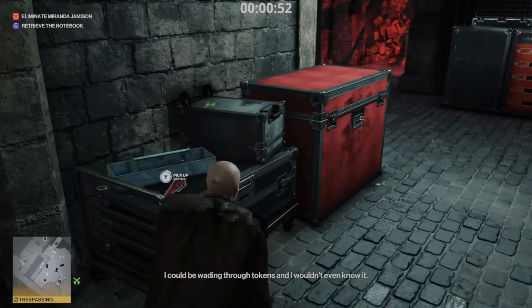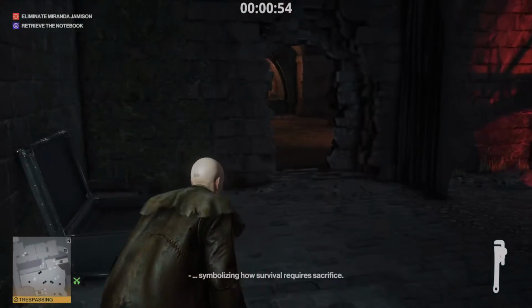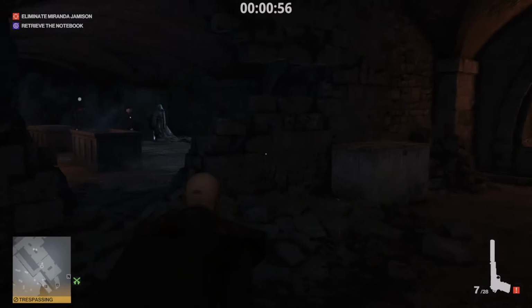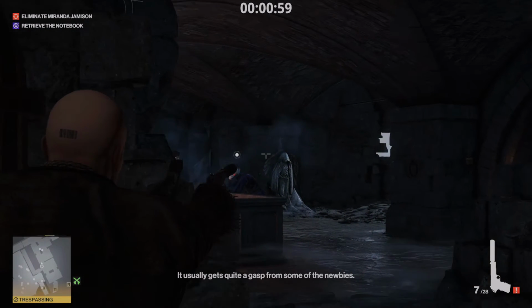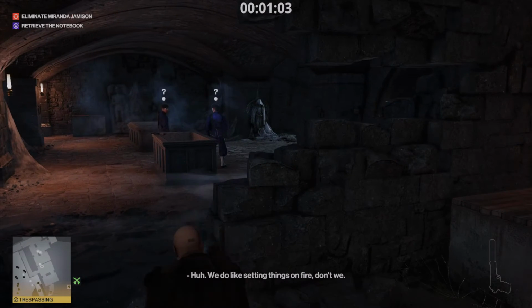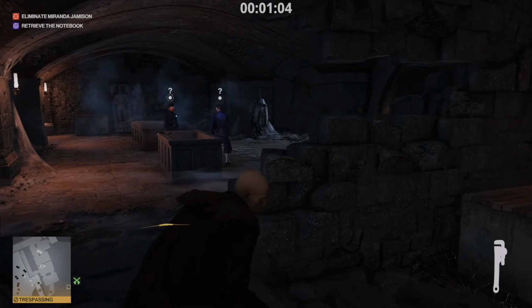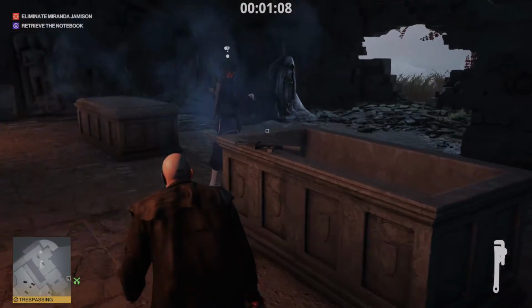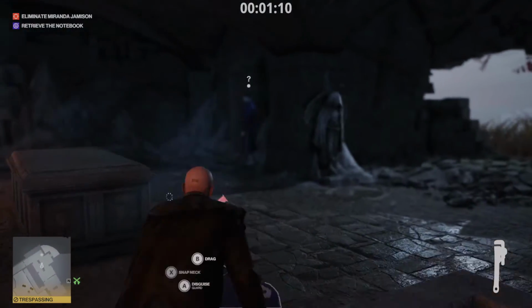So we head through the path you see there, grab this wrench, and your first obstacle is going to be just getting these guards to face away. You've got your silenced pistols, your default, so shoot the wall on the back there to distract them. Careful because that one guard does look in your direction for a second first before looking back. Best bet, just to be sure, is ping one of them as the other one's walking away and then just throw